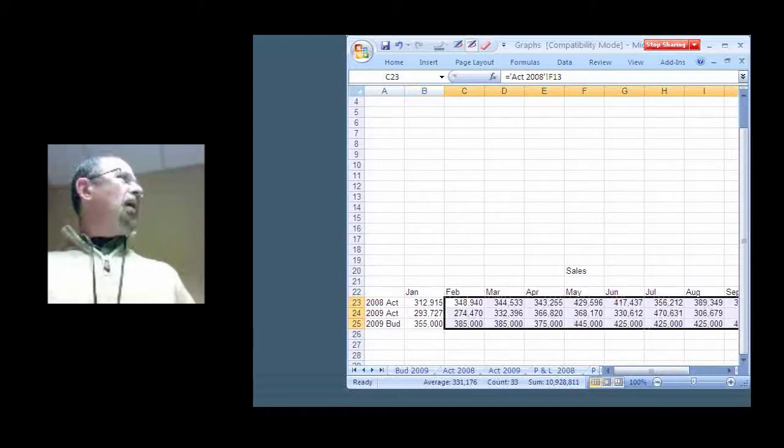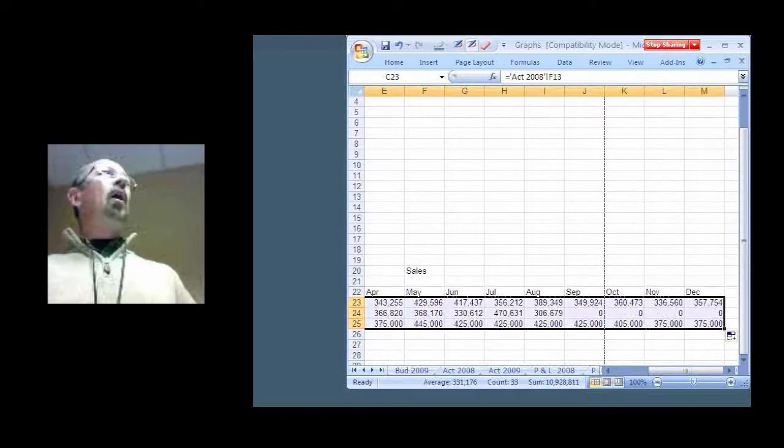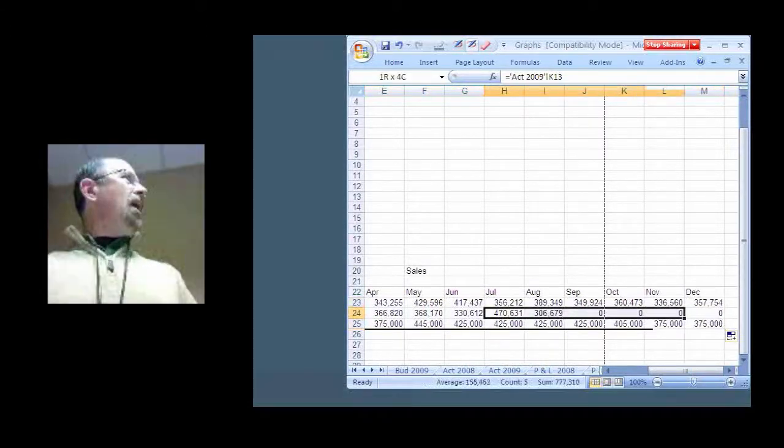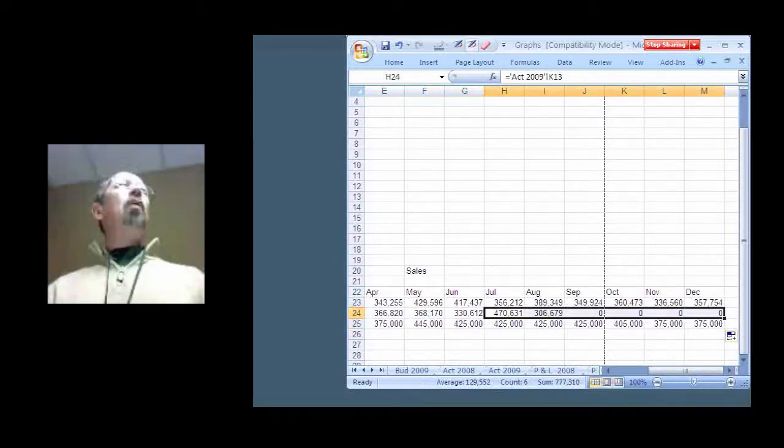I'm going to do a couple things here just to show you some things later on. I'm going to pretend it's only through June. So I don't have July, August, September, October, November anymore. If I'm creating a graph, I don't want to have formulas in there where it's 0, because then the